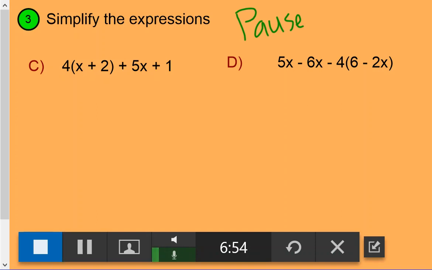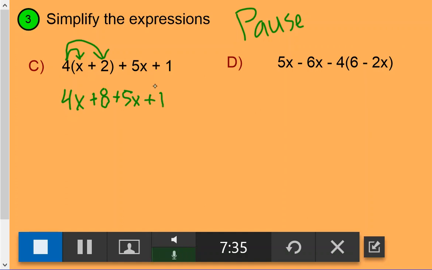Okay, so in example C, you'll see we have parentheses, and we have some other terms that are not in the parentheses. So when we use the distributive property, we're only distributing the number right outside the parentheses to the terms inside the parentheses. So it would be 4 times x and 4 times a positive 2. And then we'll just bring down these terms over here and see if we can simplify further. So we got 4 times x will give us 4x, and 4 times a positive 2 will give us positive 8. Okay, and then we'll bring down the 5x